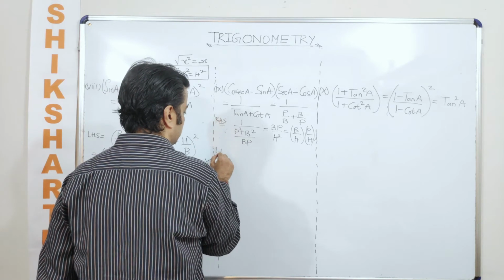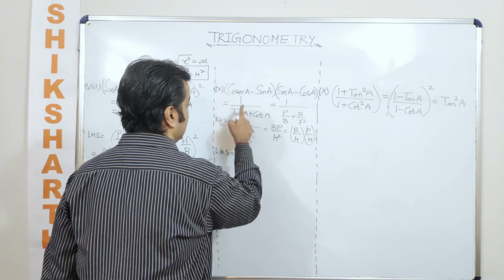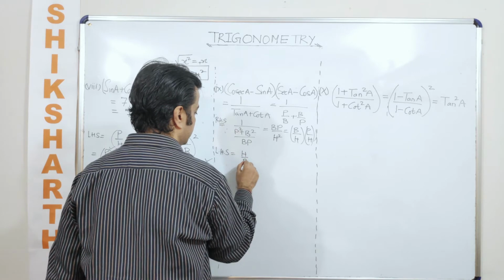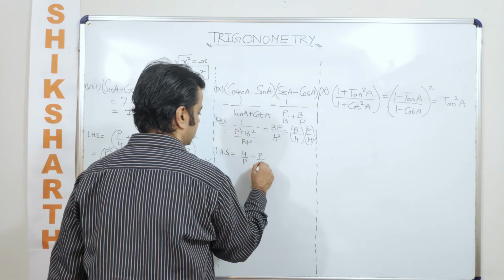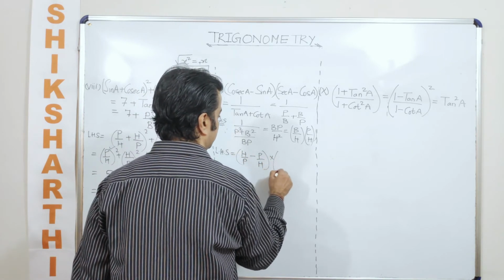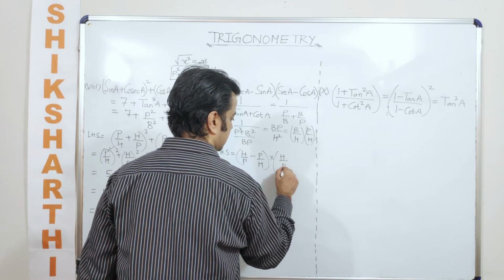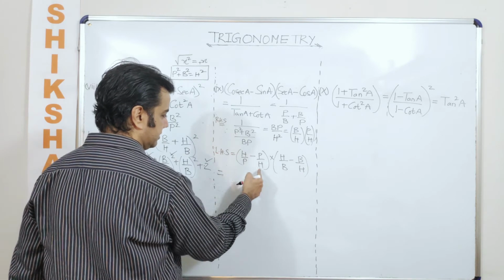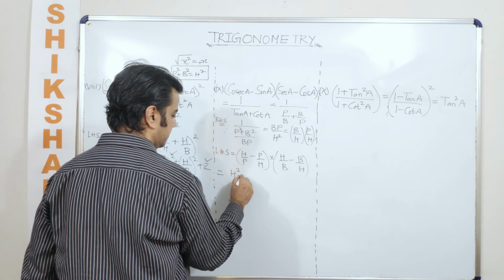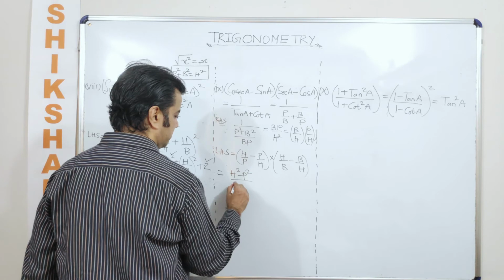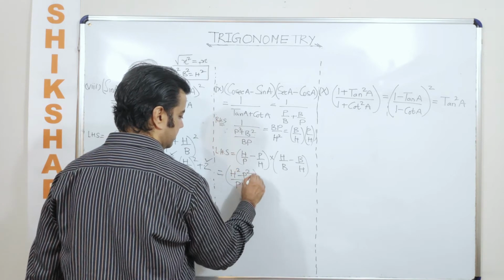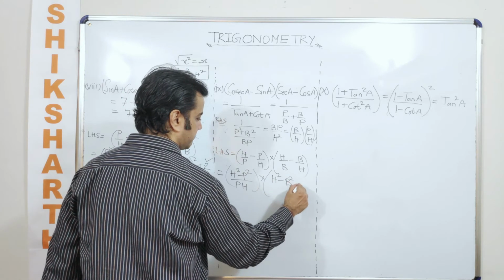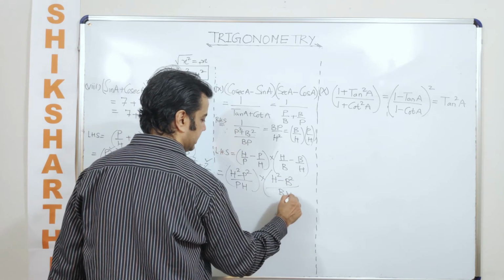Talking about the LHS now. So LHS, what will I get? This is cosec. So cosec can be written as h by p minus p by h into h by b minus b by h. So can this be rewritten as h square minus p square upon ph, which is p into h, multiplied with h square minus b square upon b into h, which is bh.